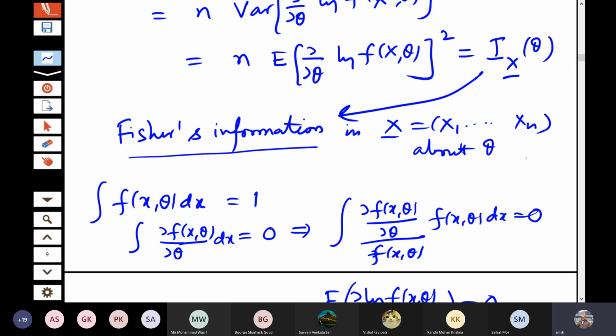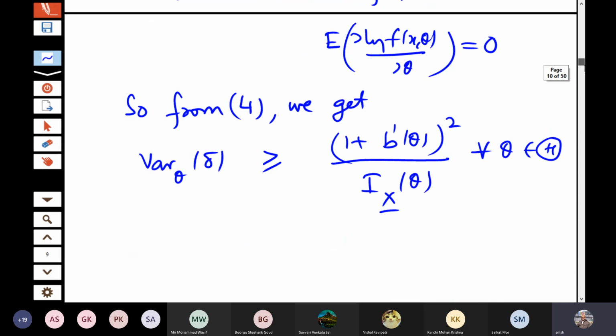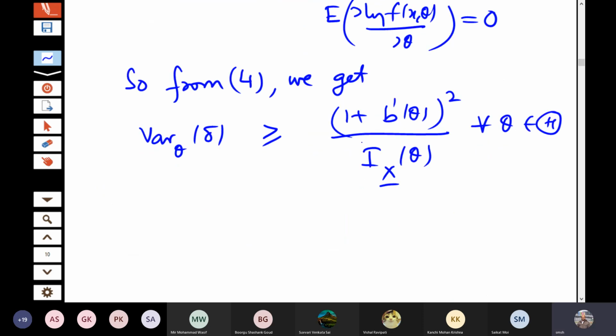See, estimation is one thing, testing of hypothesis is another thing, confidence interval is another thing. But roughly speaking, how much information about the parameter is available in the sample? For that, this measure was developed by Fisher in the 1920s basically. But it turned out that actually it reflects the information. We will talk about that a little later when I talk about another concept, sufficiency. But right now it is used here in the variance of the unbiased estimator itself.